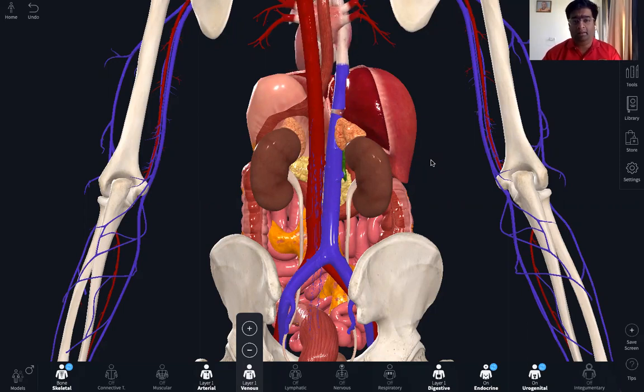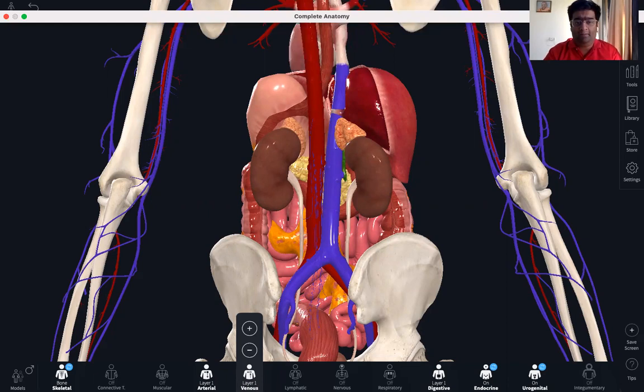Coming back to the shape of the kidney, kidneys are somewhat bean shaped. The dimensions are 10 centimeters long, 6 centimeters wide and 4 centimeters in thickness. The outer margin is convex and the inner margin is concave. The inner concave margin shows the presence of a notch, called the hilum. Through this hilum, the renal artery enters each kidney, while the renal vein and the ureter leave each kidney.